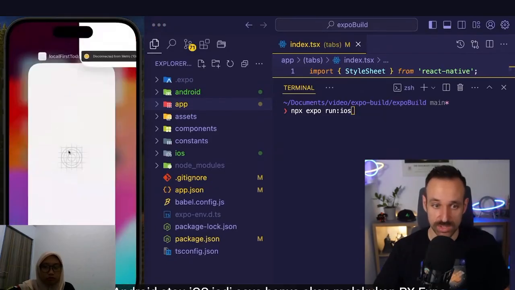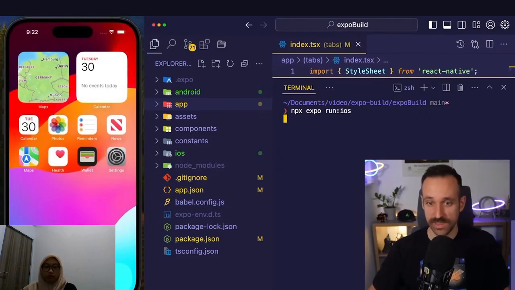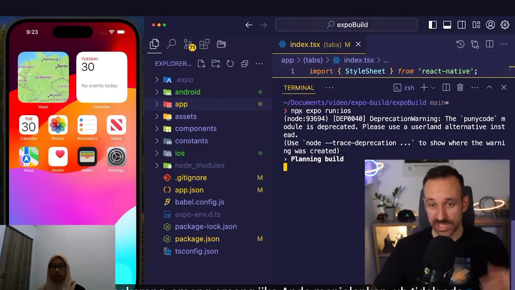I will also now close this so we see what's going on. We don't need this right now. By the way, if you run no npx pre-build and just run